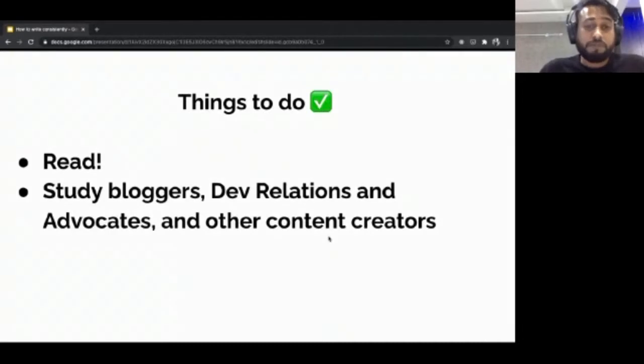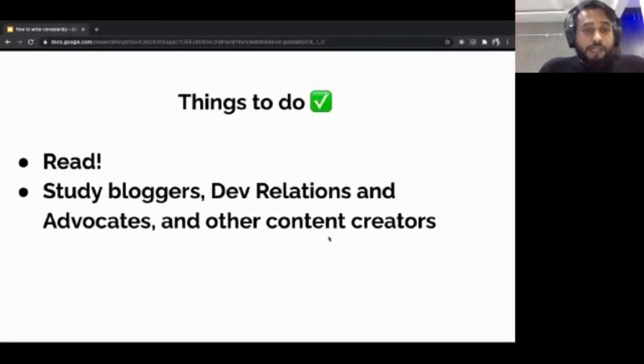It doesn't matter what you read. You can read other blog posts from people in a similar area as yourself. You can read other blog posts that don't lie in your niche. Study them. Follow some developer relations or advocates you know who are working for organizations, and look at how they are creating content on a consistent basis. You can even get inspired and observe how other content creators, like YouTubers or in any other format that you like to follow, are creating content on different criteria, supporting their platform, their brand.